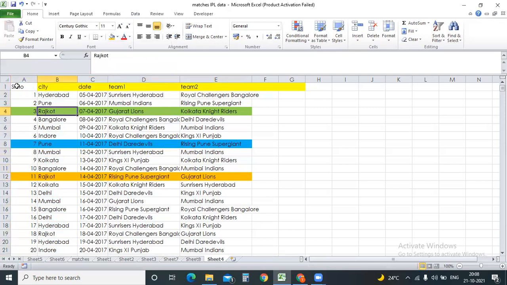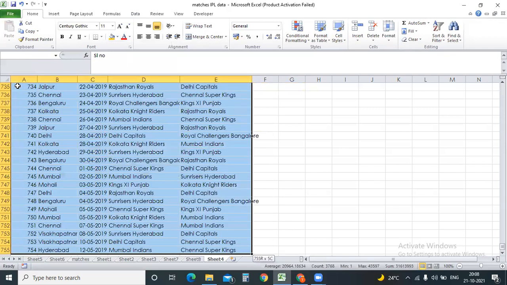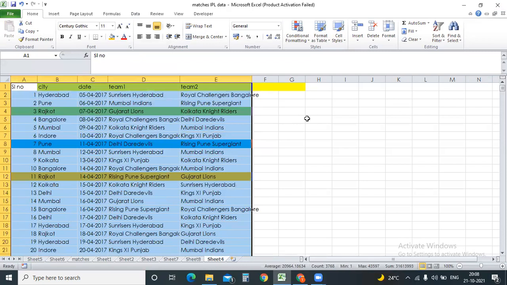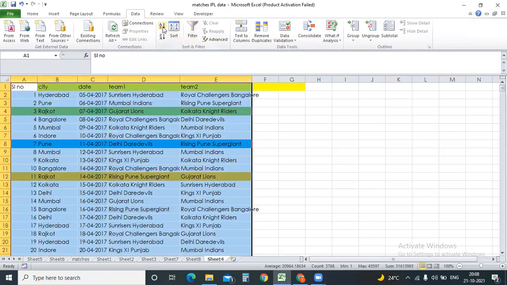Now I'll select the data. I'll go back. Now click on Data and click on Sort. It is not working. Why is it not working? It selected the full data. That's why. Actually, in the first column it's already in sequential, ascending order from 1 to 3.